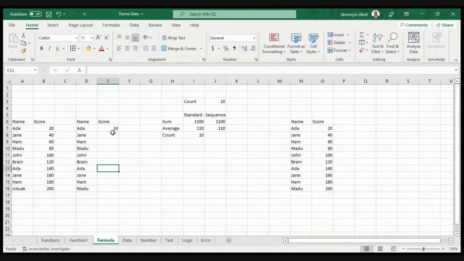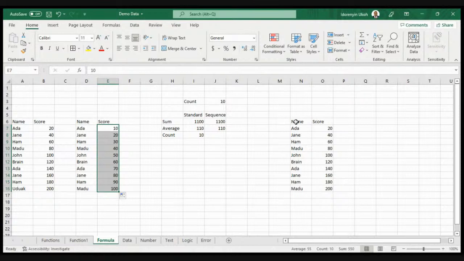what I would do as a person entering on Excel, I will come and do 10 for the first one, then 20. Then I would drag. That enables me, instead of spending time to type it one after the other, to fill in that score in steps of 10. So that's what I call the standard form. But when I talk about sequence, what do I mean by that? Sequence is a formula, it's also a function.